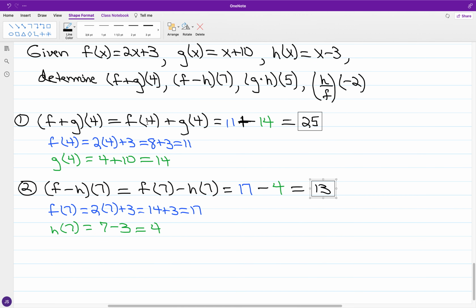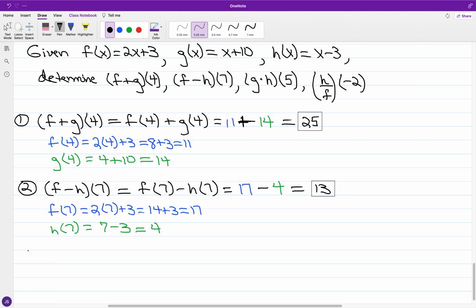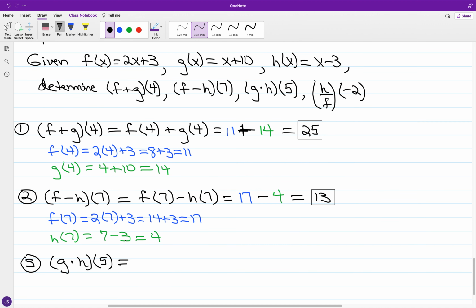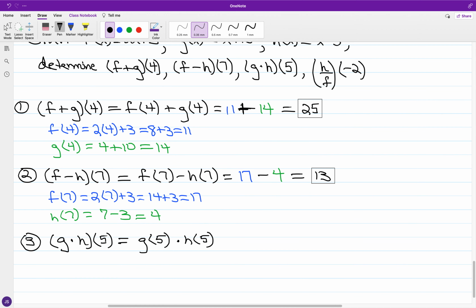All right. Now for what we have in the case of g times h of 5, instead of multiplying out binomial expressions, we're just going to multiply numbers. So you have g of 5 times h of 5. Now you could use the product of binomial expressions and just put in that one value, 5, in for x in the general output. That's another pathway,